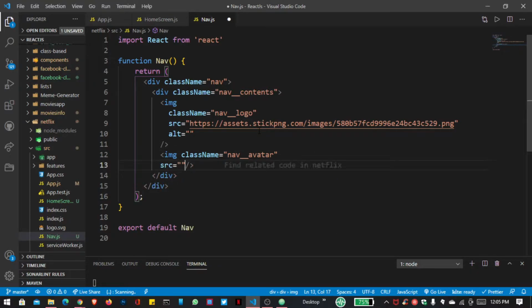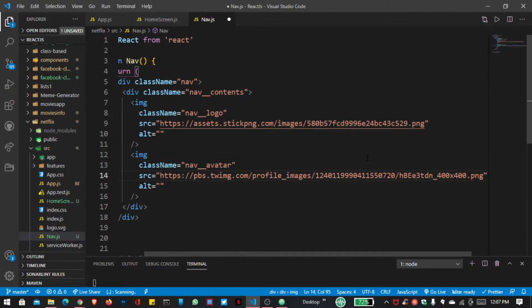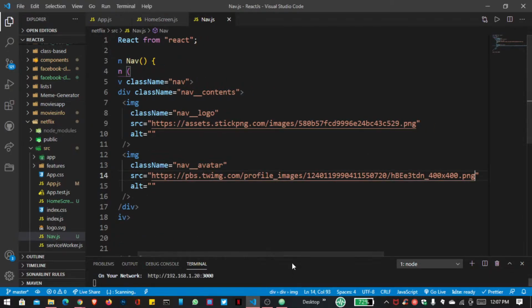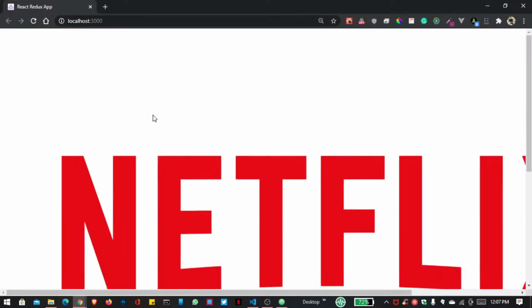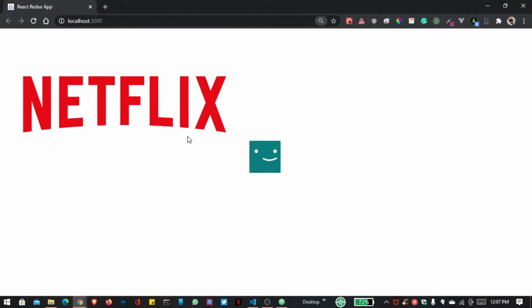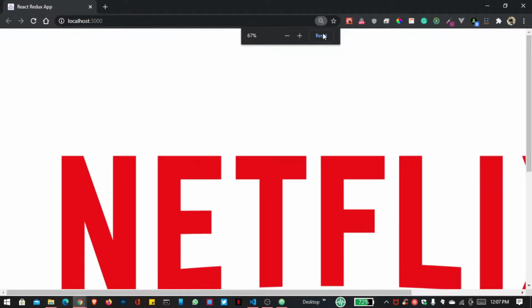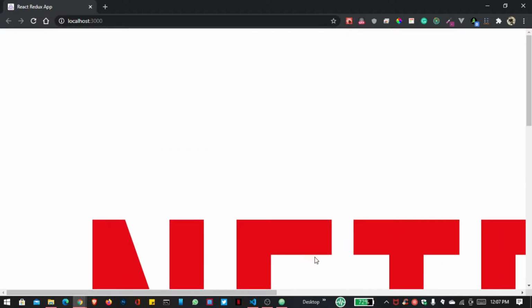I want to provide the source here too, and save our file now. Go inside your browser and you can see here our Netflix image and our user image are added successfully, but